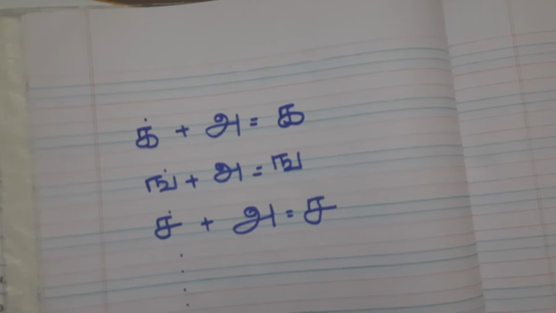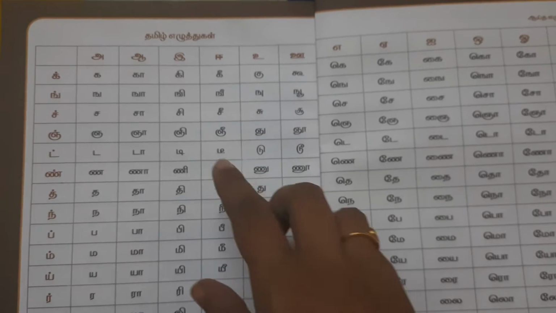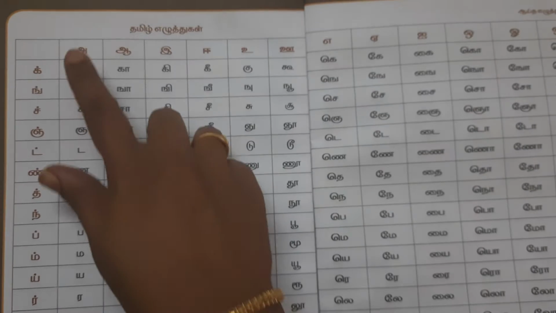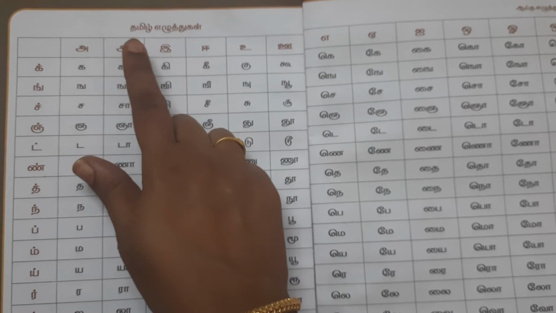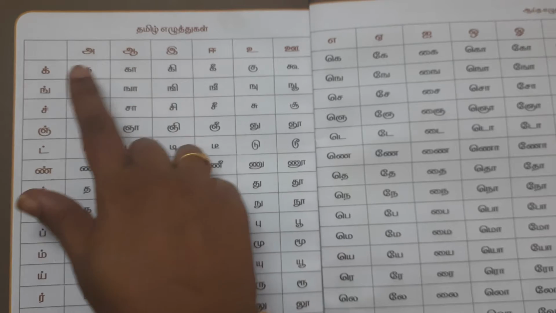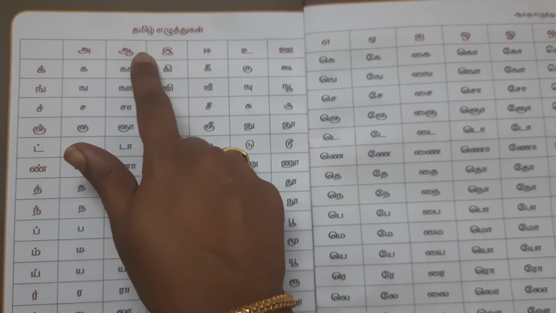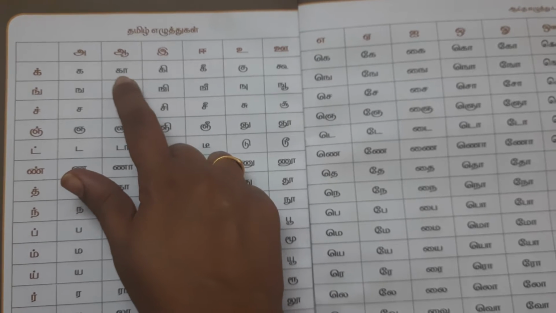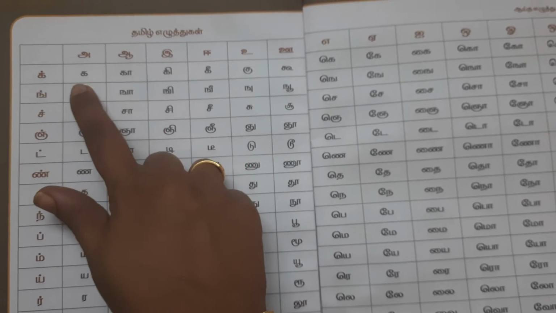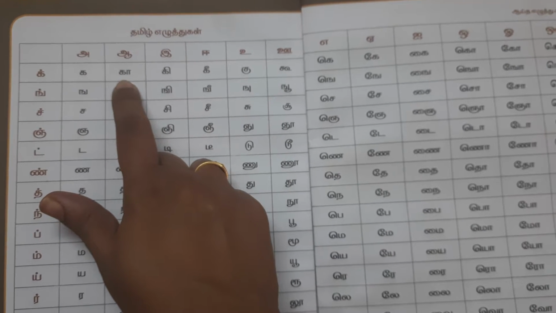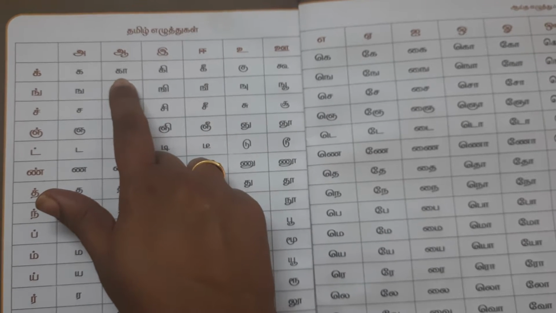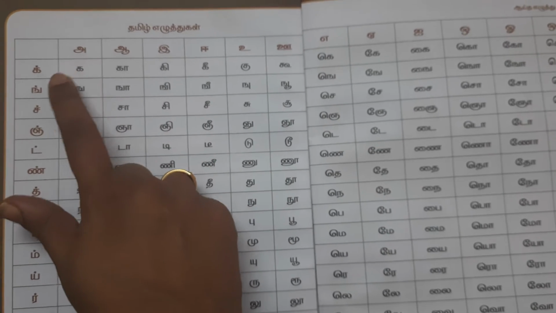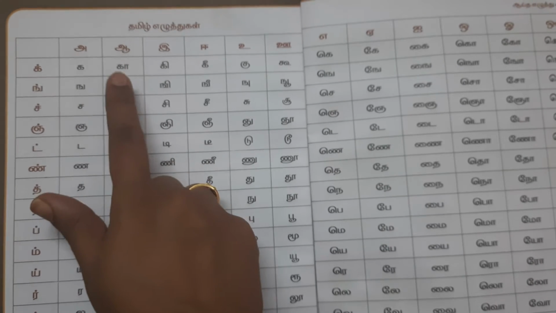Now let's move on to the next row. The next row is we have to add all the மெய் எழுத்துக்கள் with the second உயிர் எழுத்து, which is a. So it will be ik கூட்டல் a, which is ka. So if you listen to the sound, it's just having a long stretch compared to the first one. So we call it as ka, and how you will write it is you have to add an additional structure to the base letter without any dot.